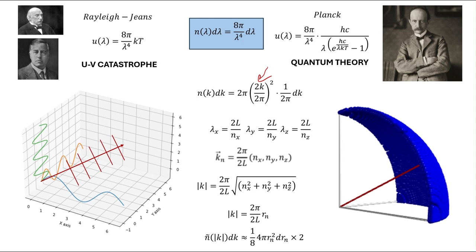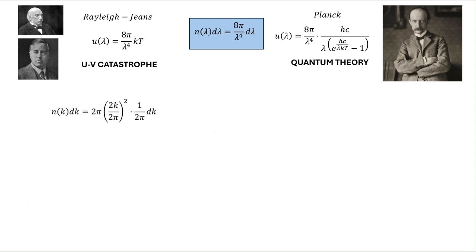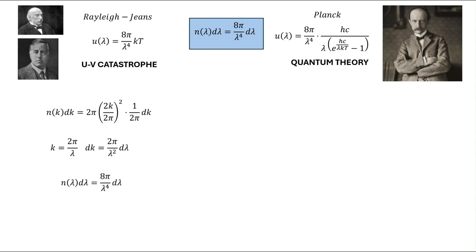So what I want to do is go back and put this in terms of wavelength so that we can match up with the original formula. The k was useful so that we can make our sphere, but now we're done with it. So k is 2 pi over lambda. dk is that. If I substitute, I end up with the thing that I was looking for in the first place. So it's a little weird. If you want, you can go back and rewatch it a couple times. You will use this technique again if you do solid state physics and free electron gas and so on and so forth. The point is, we have derived this entire thing more or less from scratch,